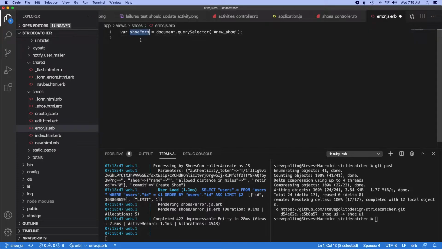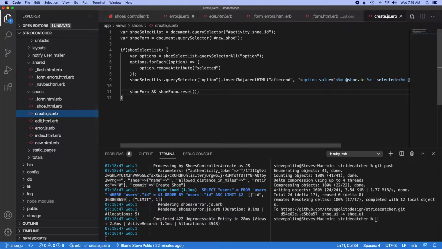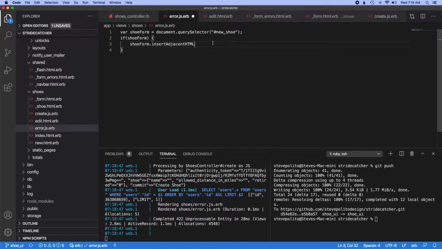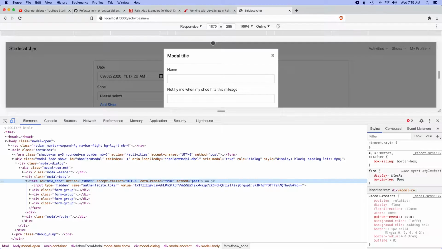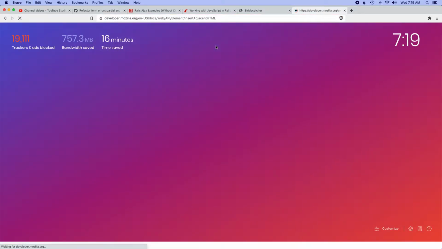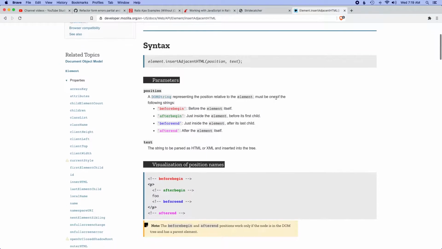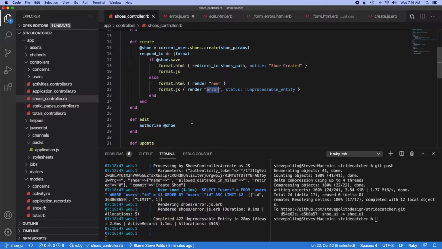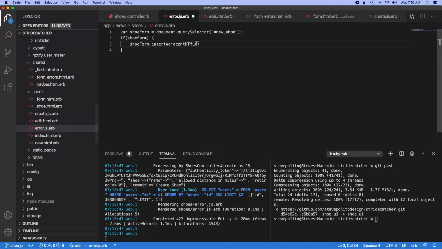And if we actually have a shoe form, just on the off chance that this changes someday, what we can do is shoe form dot, I'm going to steal some of this, insertAdjacentHTML, after begin. So after begin, from here we want to actually